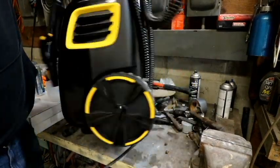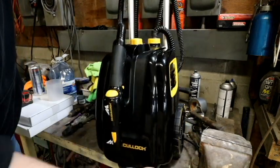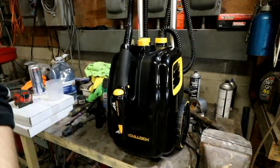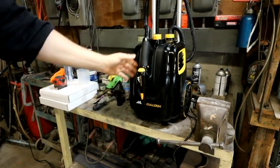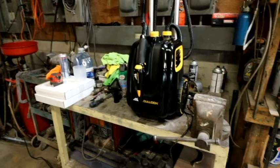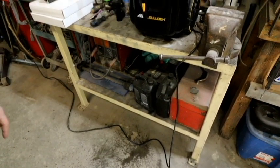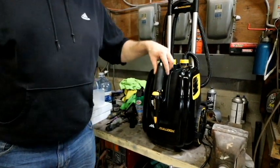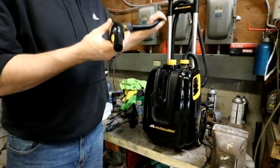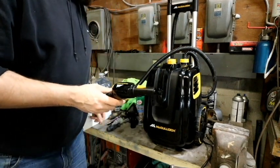Alright, and the most annoying thing about this McCulloch MC1385 is, as you just saw when I was placing the nozzle on this little holder, look at the amount of water there is. This thing spews water like you wouldn't believe. I shouldn't say that, it's not that much. It's not like Niagara Falls or anything, but